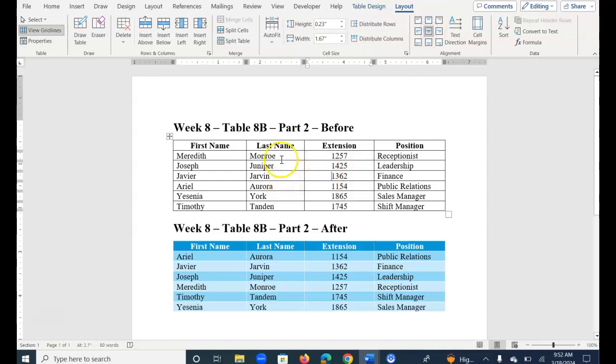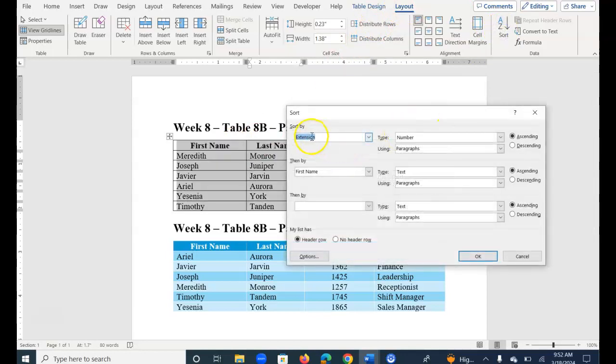So the next thing we're going to do is sort by last name. So what you'll do is anywhere in the table, choose table layout and then sort, and make sure my list has header row, and I'm going to set it by last name, and then I'm going to choose here by first name, so that if anyone did have the same last name, then it would look at their first name in alphabetic order. So there are no matching last names, but I'll just put it there just in case,